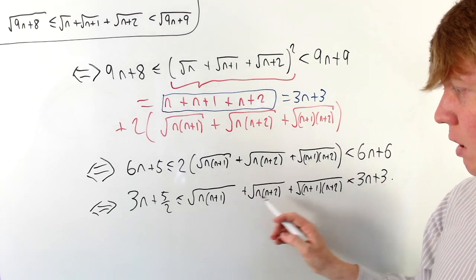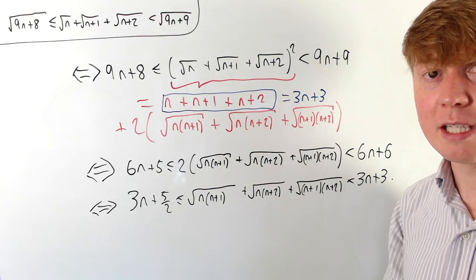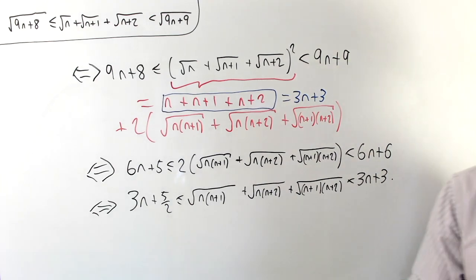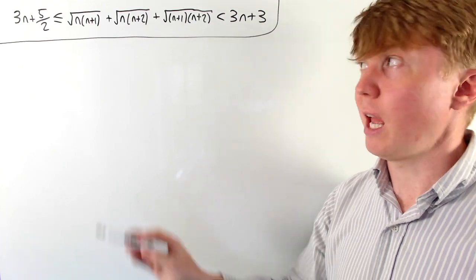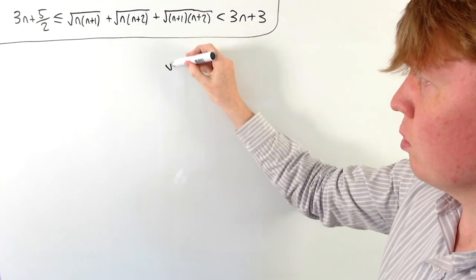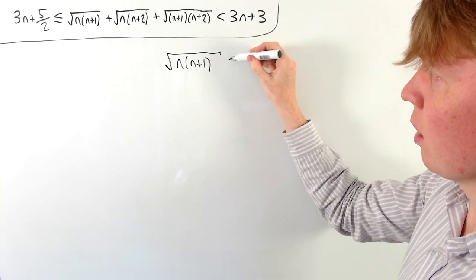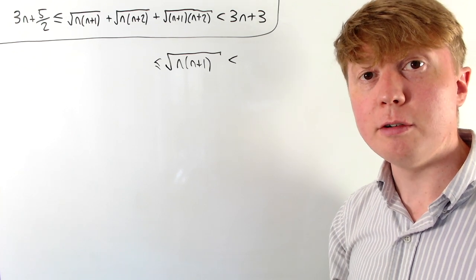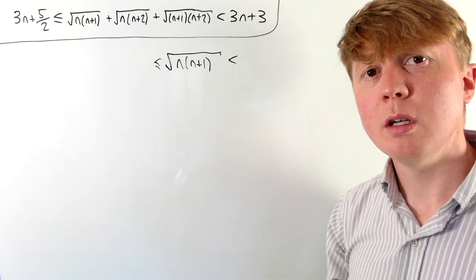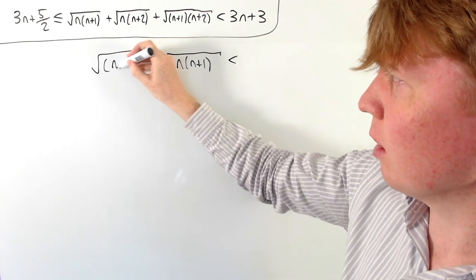on bounding each of these three terms individually from above and below to show that this inequality is indeed true. So first let's look at this square root of n times (n+1) term. We want to bound this from above and below, and there's actually a neat trick we can use here for our upper and lower bounds so that we get a nice upper and lower bound that don't involve any square roots. So if we choose some suitable value of, let's say it's a, and have the square root of